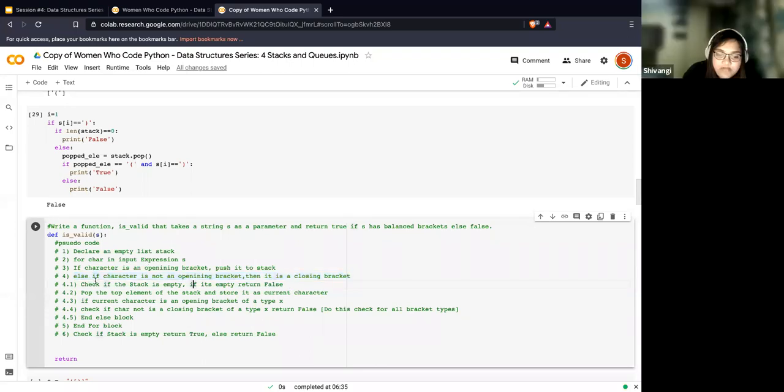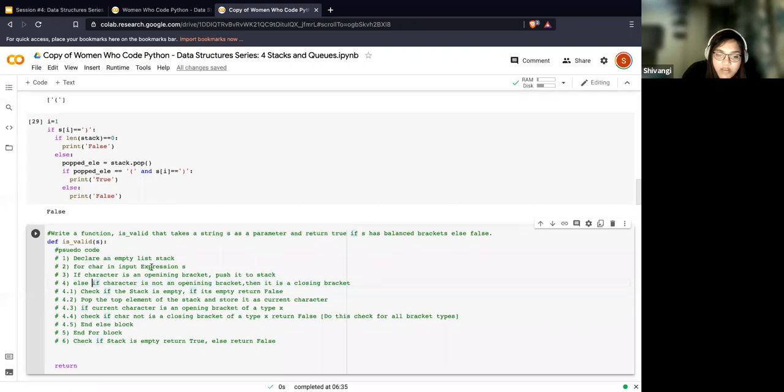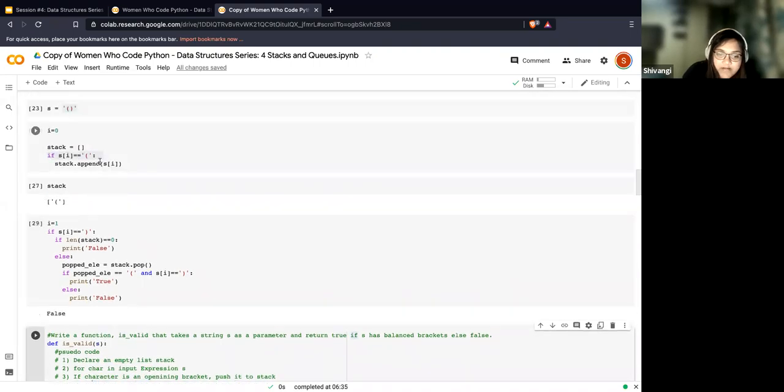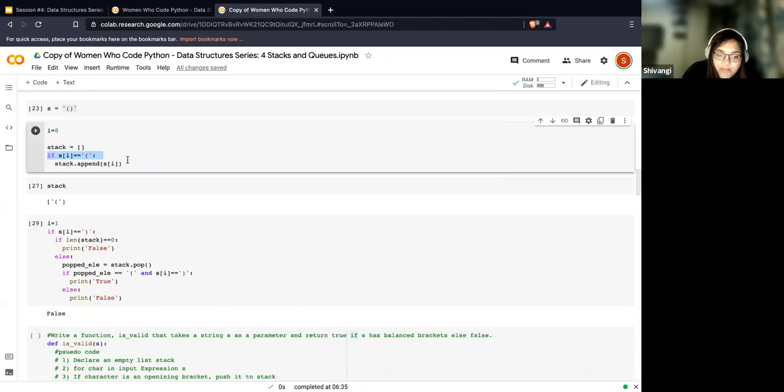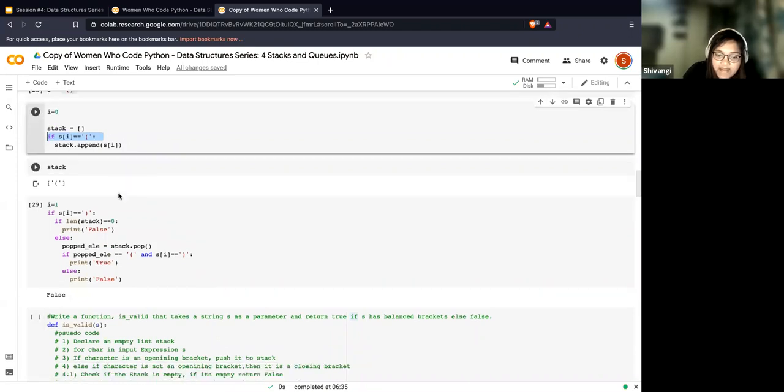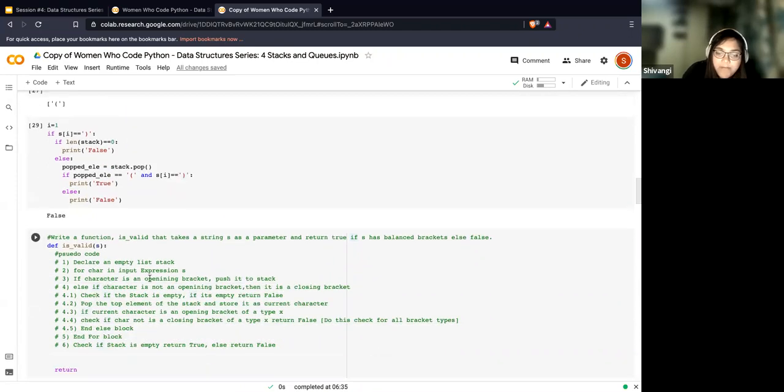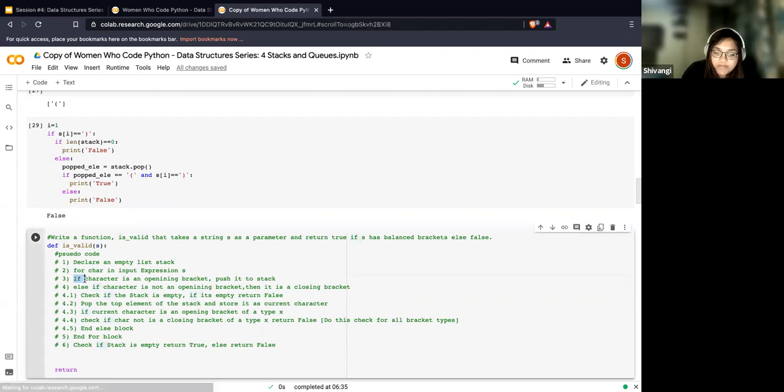So I'm saying this: if it's not an opening bracket, I'm going to push things, and otherwise, I'm going to do certain different kinds of operations. That is why this is an if-else block. I wanted to differentiate where we are pushing things to the stack and where we want to remove things from the stack.